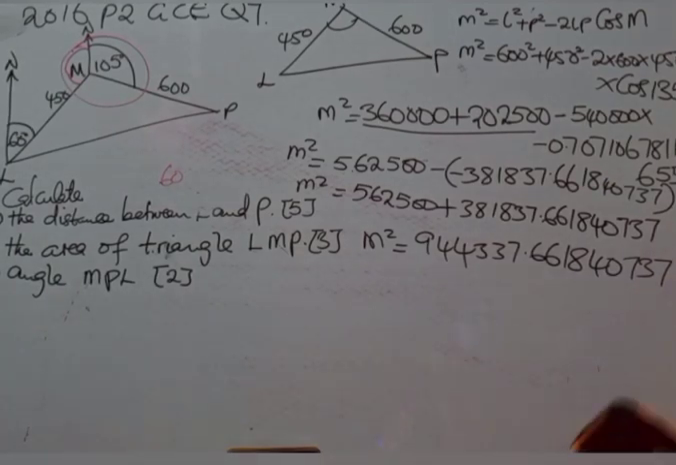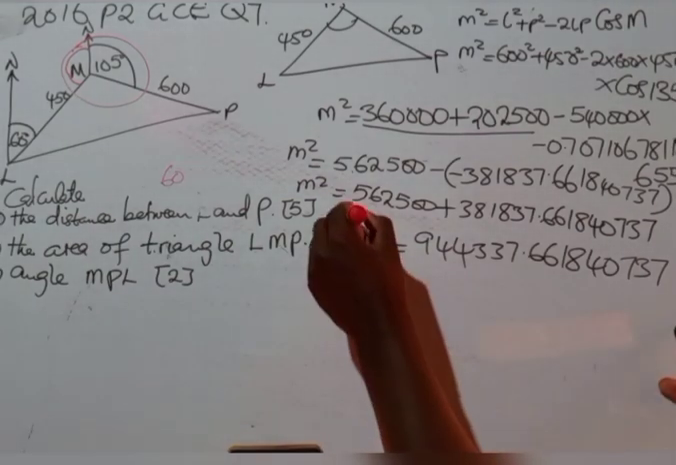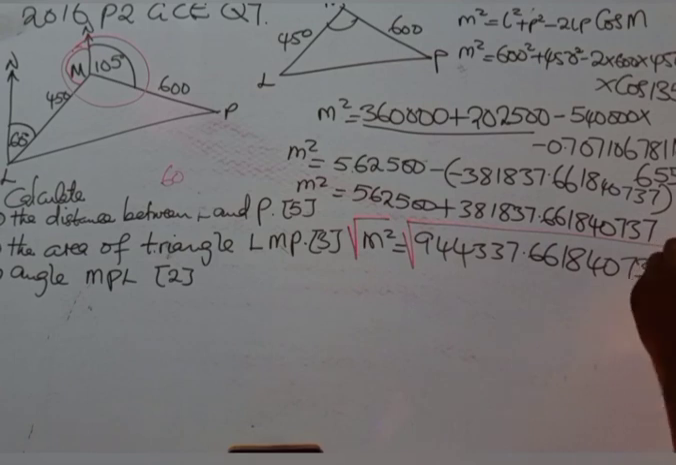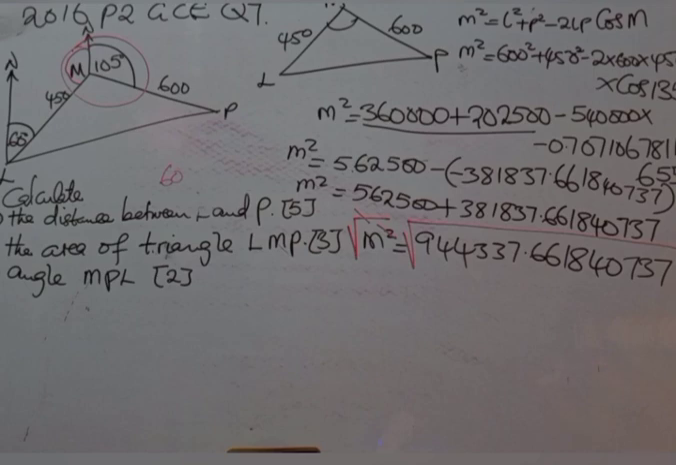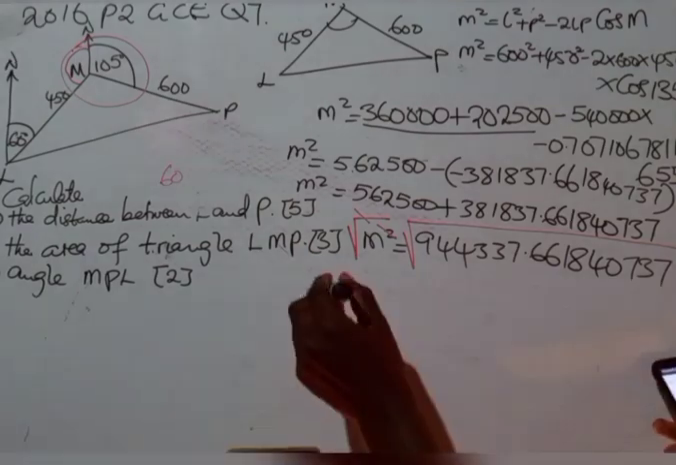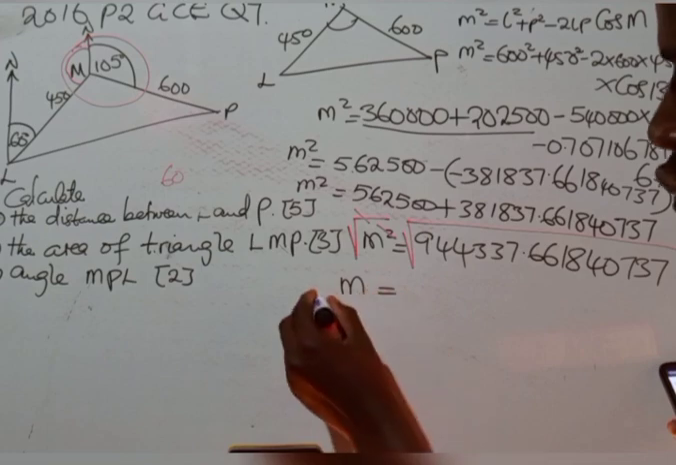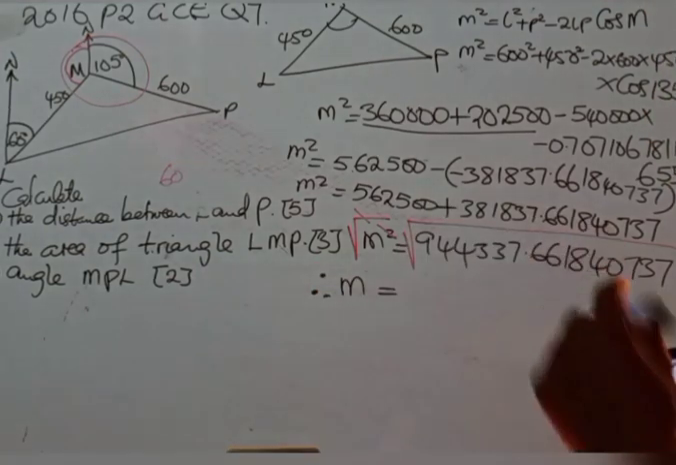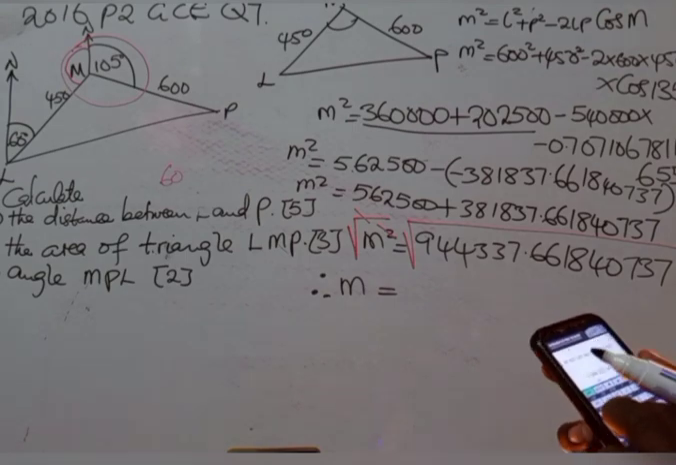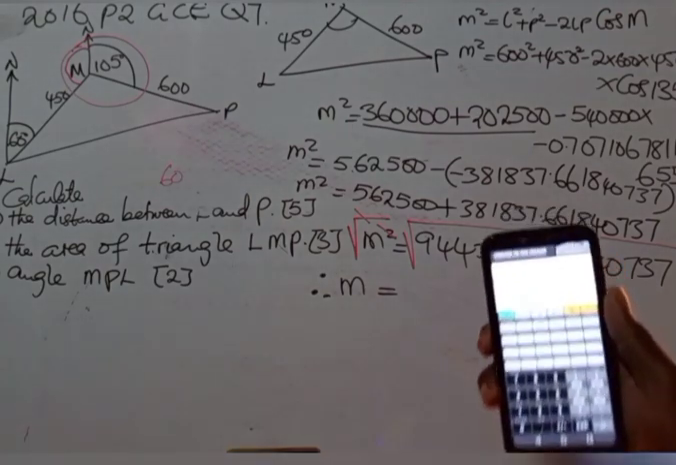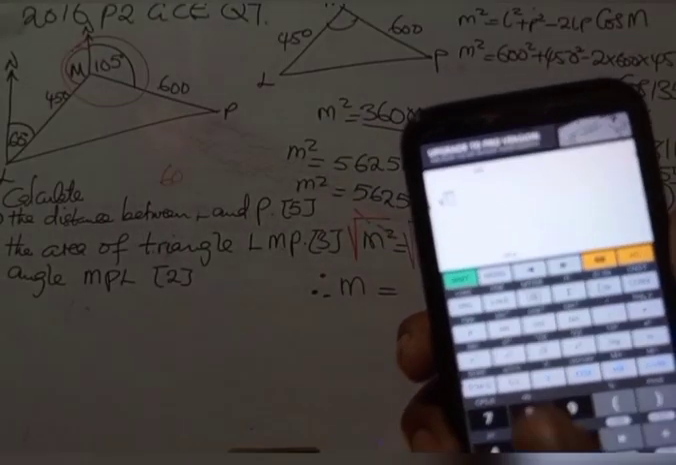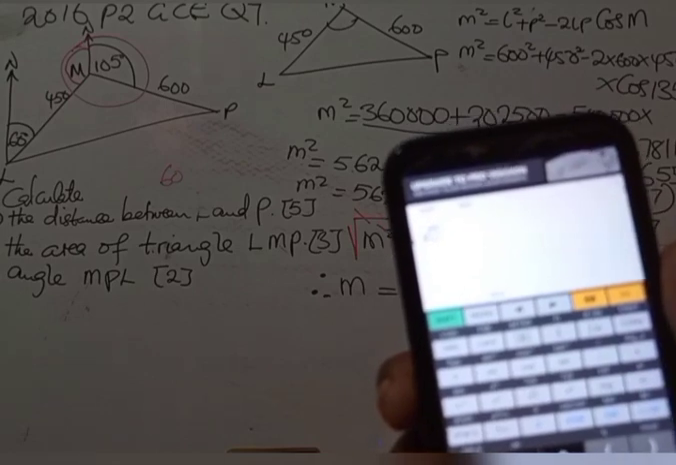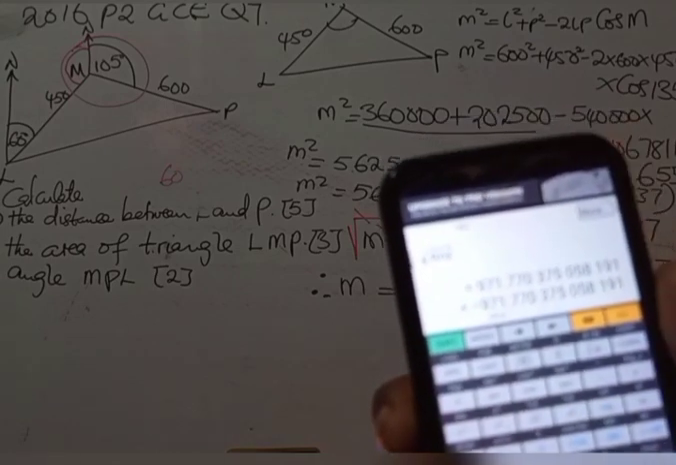What do we do now to find the value of m squared? We are going to square root both sides. The square root of something squared is that same thing. So we are going to have, therefore, m is equal to the square root of what we have there. If you don't want to waste time, you say the square root of the answer. The square root of the answer we are getting is